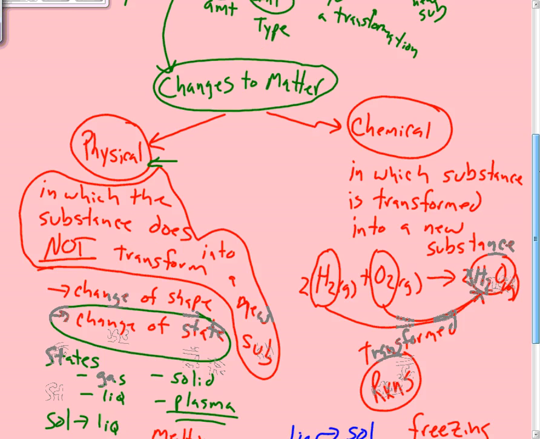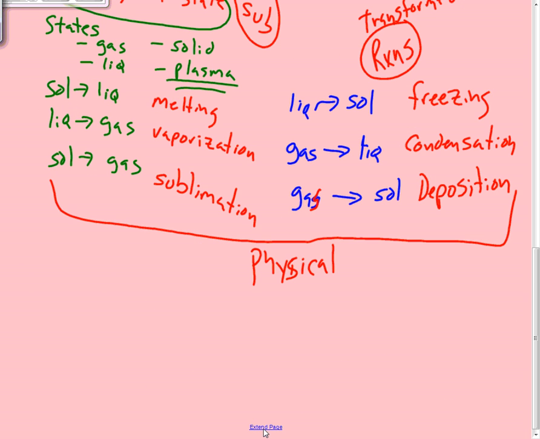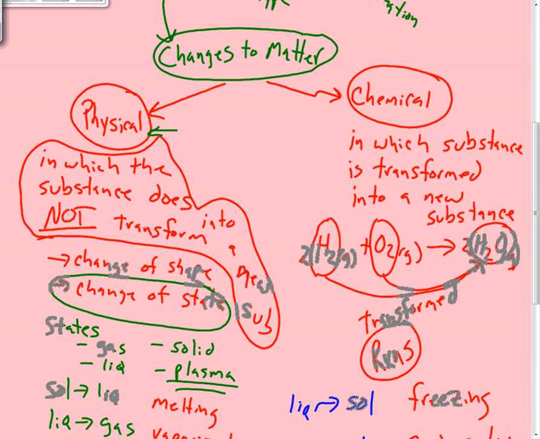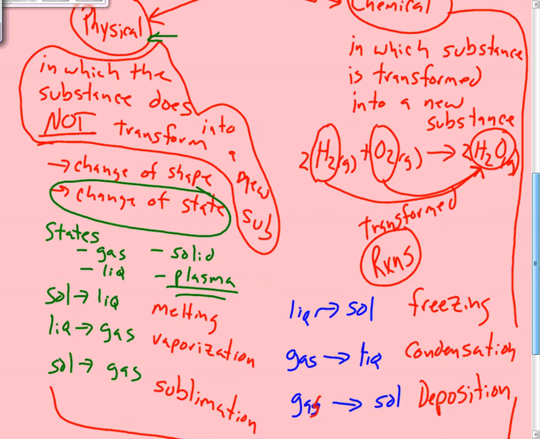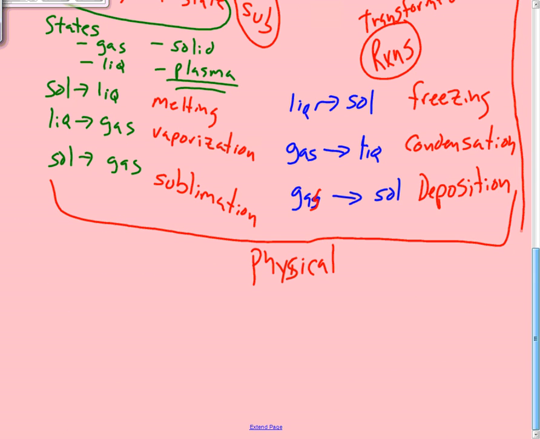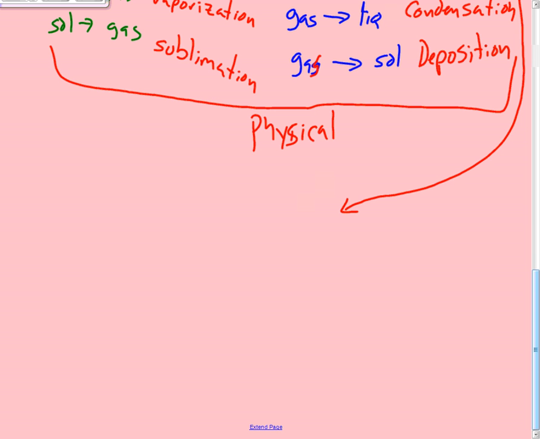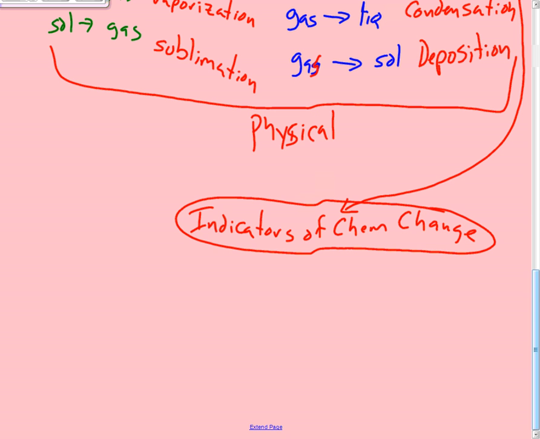Okay, we are going to have to take this off of chemical change. So let's come back up here. See our little chemical change. We want to take a line off of chemical, and we want to bring it down here. Keep bringing it down. And we want to talk about indicators of chem change. Indicators of chemical change. Good.